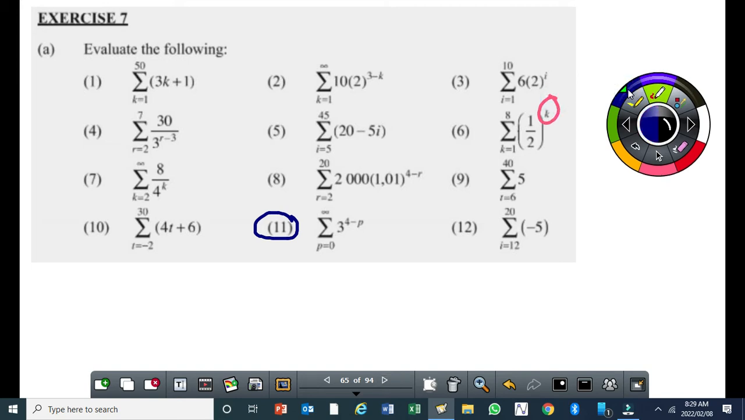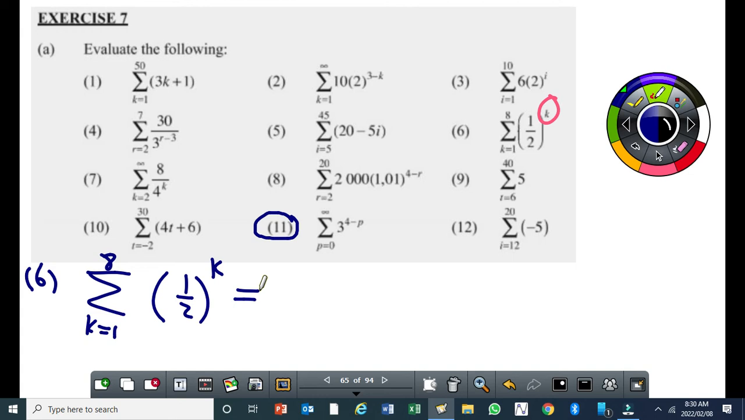Can I have your attention, please? So number 6, sigma from k equal to 1 up to 8 of a half to the power of k. So I'll expand first. If I substitute k equal to 1, I'll get a half, plus, if I substitute k equal to 2,